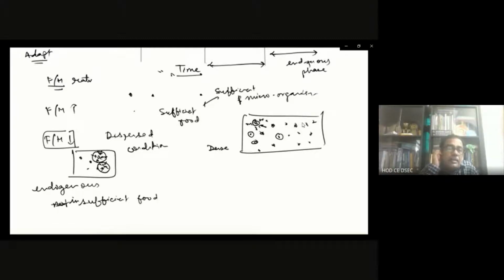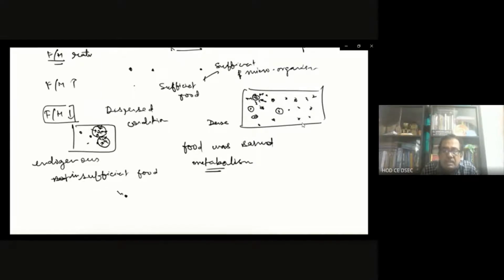Endogenous decay, the endogenous process, is due to insufficient food, and the biomass gets the energy from the cell itself, and they synthesize their cell, and the flock formation, that is the sludge. Since the sludge quantity is less, it can be converted to the sludge drying bed. Food saved in the body of the biomass in this stage worked as a metabolism, already saved in the cell, that is working for metabolism purposes.